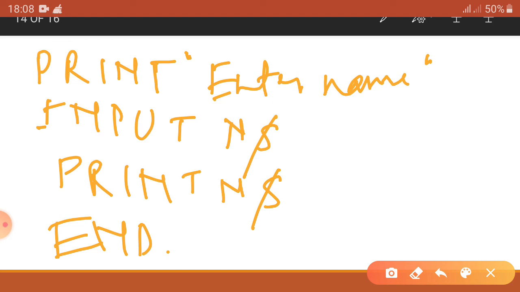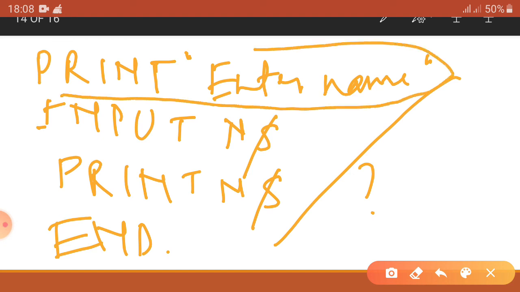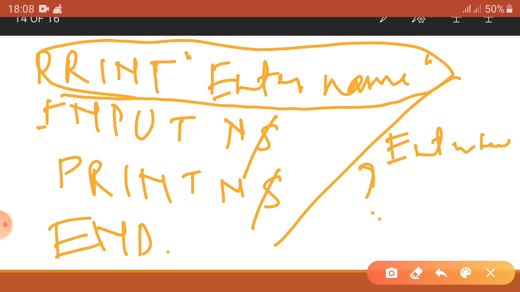Okay, so if I write these statements, then on the output screen it will first print the text "enter name" on the top, then a question mark, that means you have to put the value for the name. So enter your name, whatever your name is. Suppose I am writing Ram.